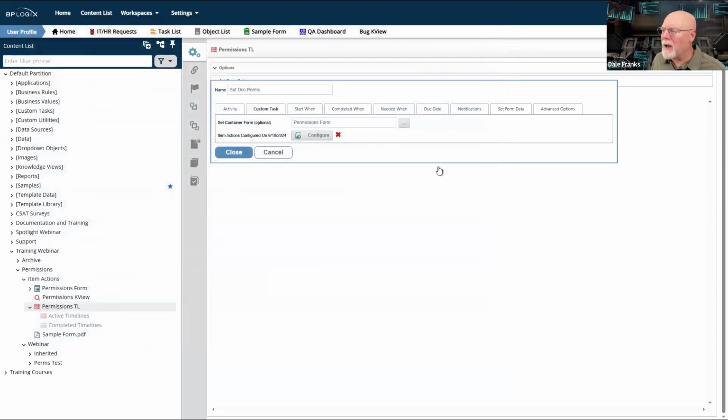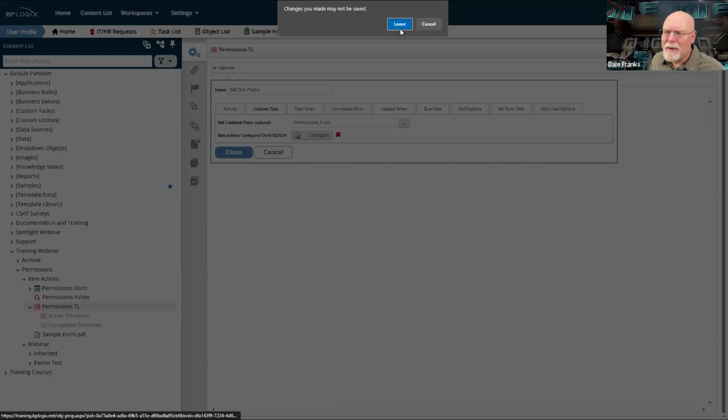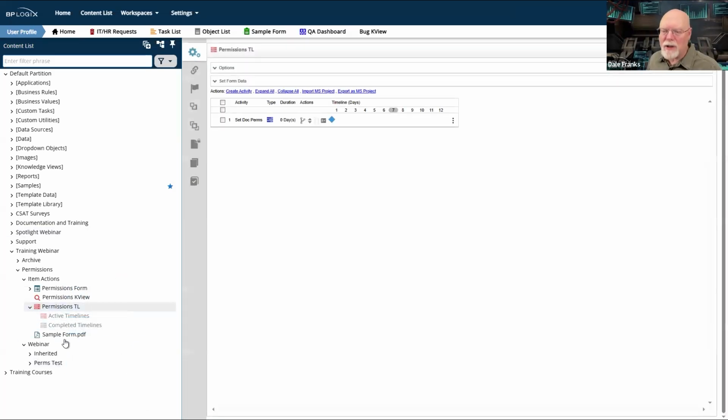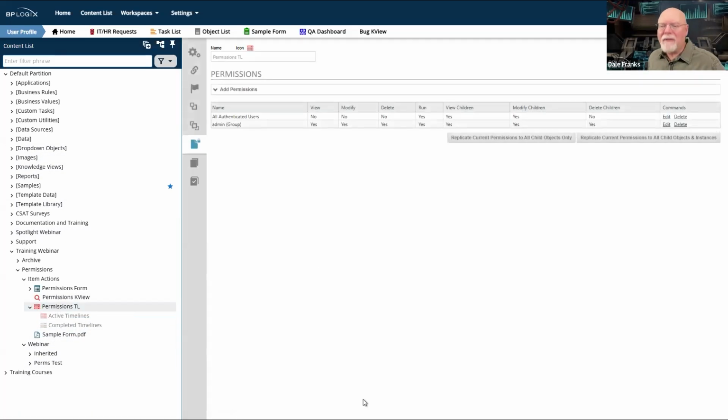A couple of little quirks, or what have you, to note down here in my permissions timeline. If I go to the permissions tab, what's missing from the bottom?